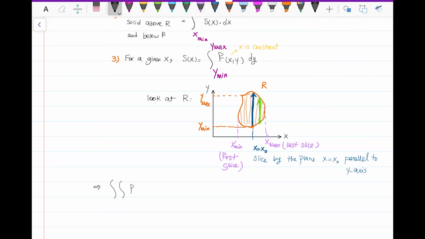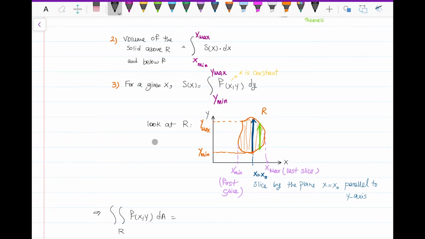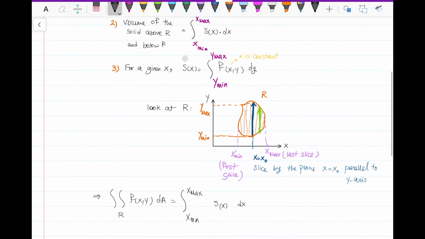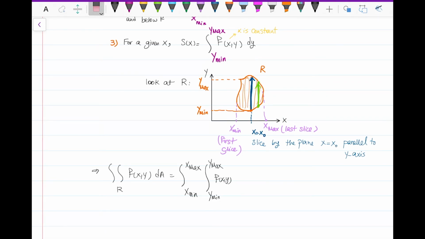Therefore, I say that the double integral of f(x, y) dA over the region R is what? Which was the volume of the solid above the region R, below the graph of f, and it was the integral from x min to x max of S(x) dx. And then we said that S(x) itself is this integral. So I'm going to replace S(x) by the integral from y min to y max of f(x, y) dy